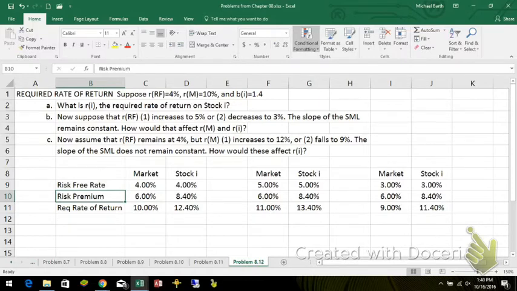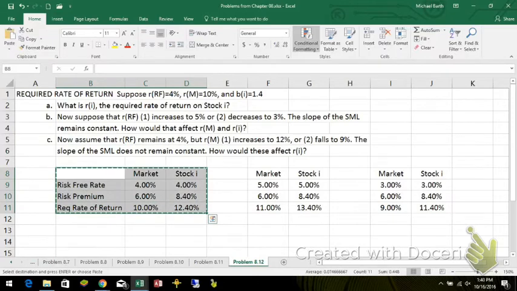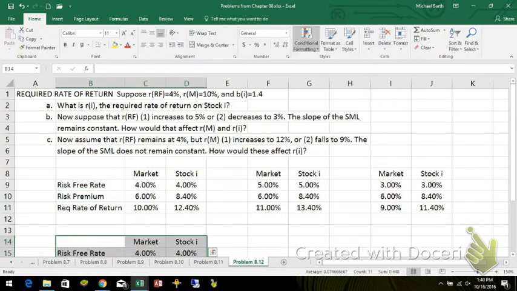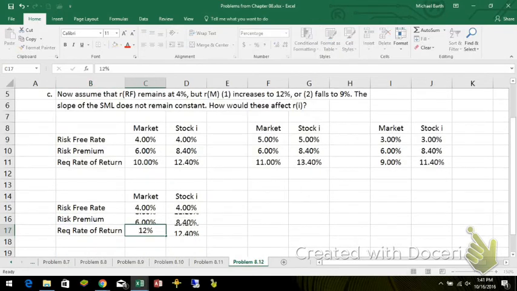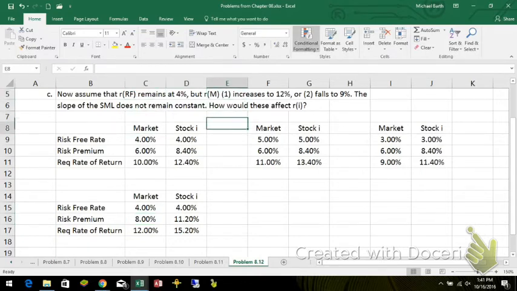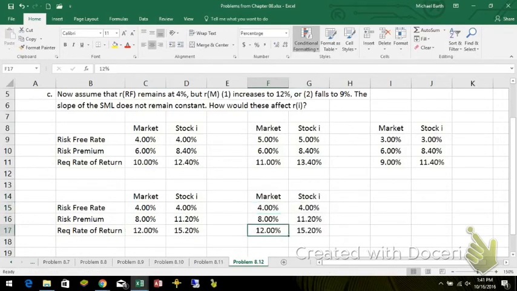Now assume that the risk-free rate remains at 4, but the market risk premium increases to 12, or I'm sorry, not the market risk premium, the total return in the stock market increases to 12, which means that the risk premium is the part that increased. So if this increases to 12, that means that the risk premium increased from 6% to 8%. Or if it falls so that the total return drops to 9%,